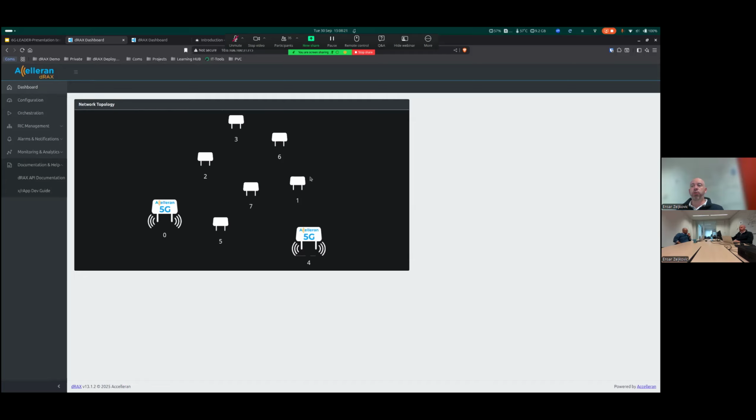First of all, the first thing that you get access to when using the Accelleran RIC product is the dashboard, which looks something like this. It's just a front-end page with access to a lot of different features. One of the key features that we're looking for is this RIC management, where you have access to the different xApp functionalities.